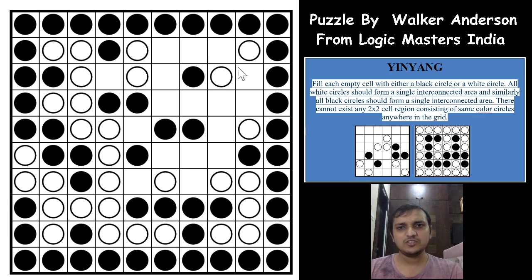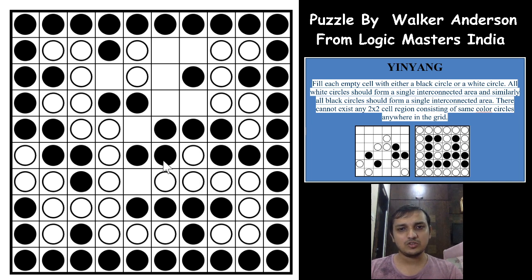Okay, sorry, I missed this instance here. So if you see this place, again that instance gives us this white circle here. Without this we would not be able to continue this puzzle, which makes this a black circle, this white, and because of the checkerboard pattern, this white, which gives you this black. Again the checkerboard pattern gives you this black, and 2 by 2 gives you a white here, and a checkerboard pattern gives you a white here. Again this gives you a black, a white, a black, and a white.